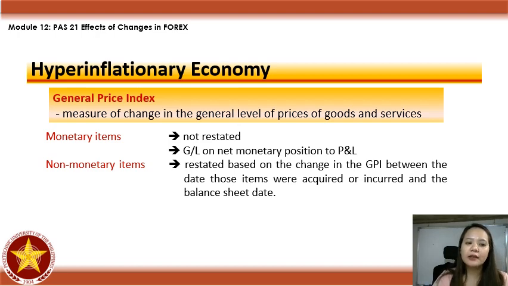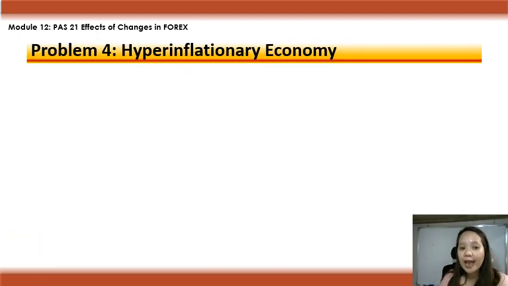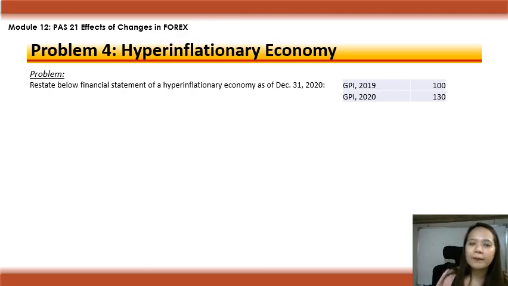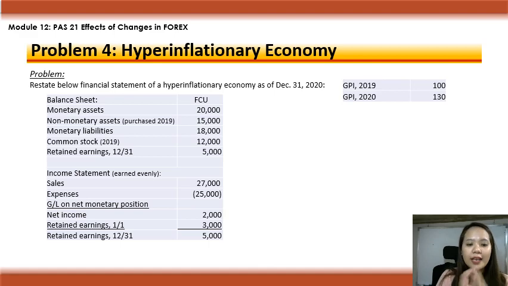Paano ka mag-restate? Sample. Problem 4, hyperinflationary economy. So, restate the financial statements of an entity operating in a hyperinflationary economy as of December 31, 2020. Binigay niya yung GPI last year 100, GPI this year 130. Again, the GPI is representation kung magkano yung price mo this year versus yung price mo last year. Okay? Or level of prices. Okay. Given yung balance sheet and income statement,